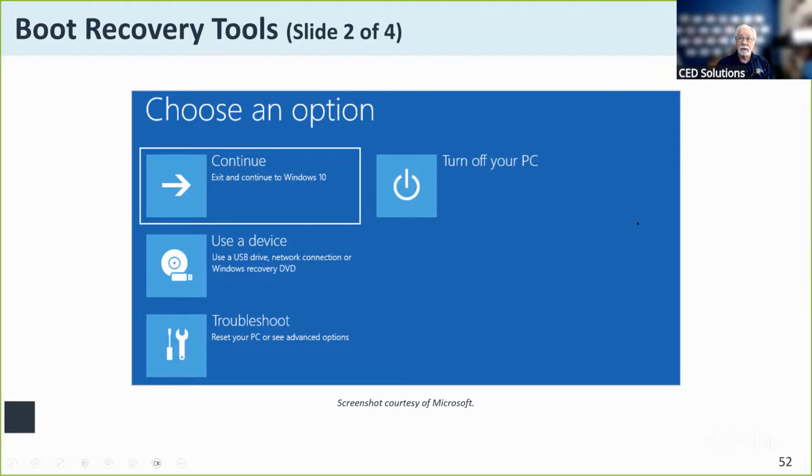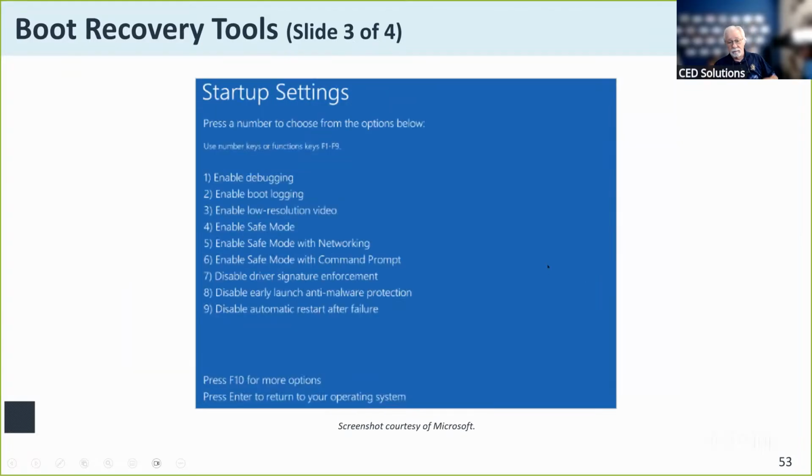I can go into my system resources screen and do all sorts of under-the-covers troubleshooting. Here's where I can go in this recovery environment and set up how I want the system to start up, how I want it to boot up. Do I want to boot with bare minimum drivers loaded in safe mode, and then do further troubleshooting, that kind of thing? So I decide how I want the system to be set up.